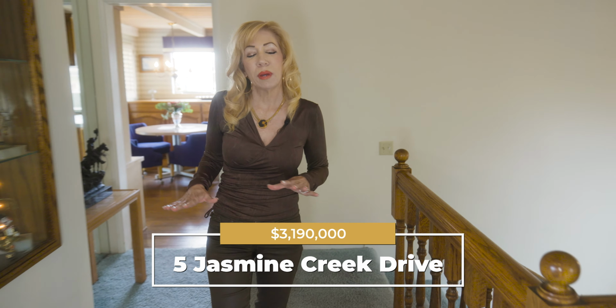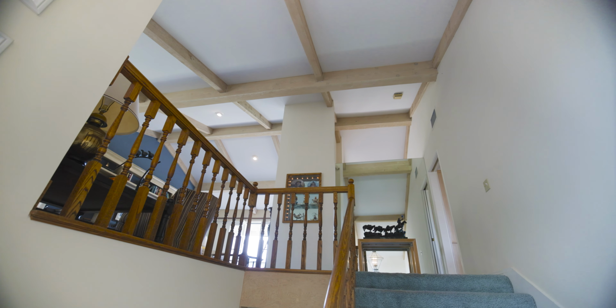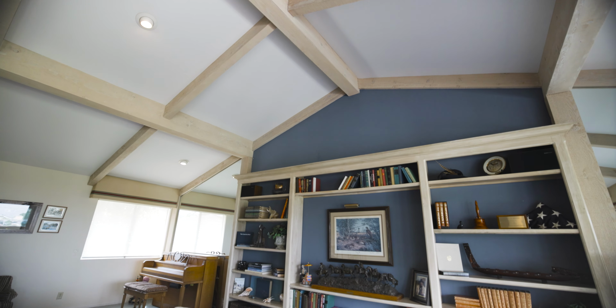Now, one of the things that I really love about this 3-bedroom, 2.5-bath model, it's about 2,400 square feet, but light and bright is what it's all about. Stepping into the entryway, you'll find really high ceilings to let that light and bright in. Also, when I enter the living room, once again, amazing vaulted ceilings that really make it light and bright, yet